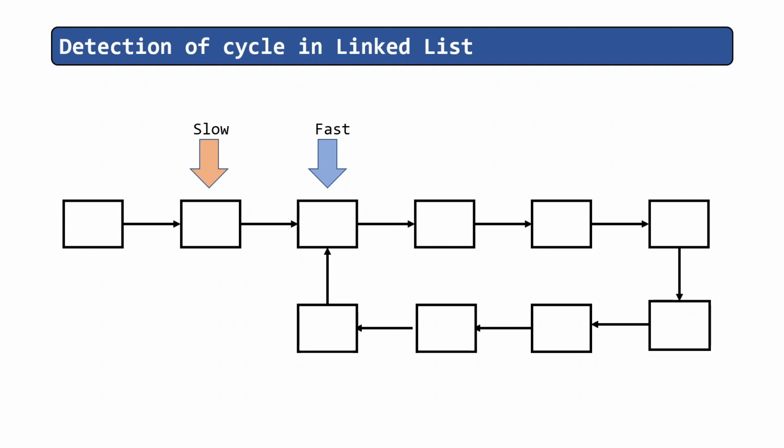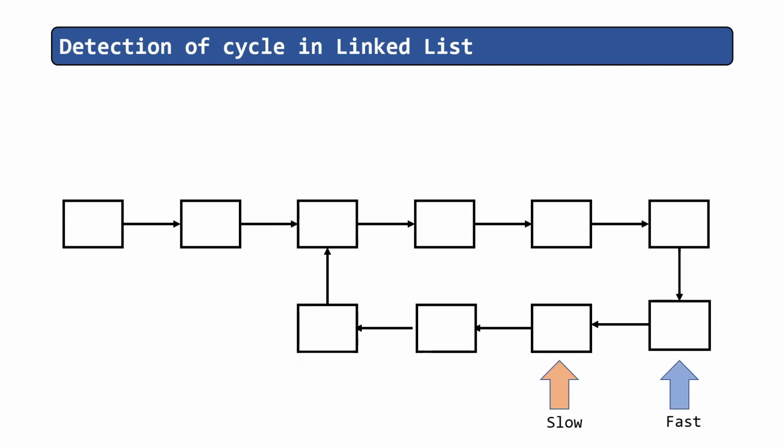And how can we detect the loop from these two pointers? We continue to iterate the slow pointer and fast pointer until either of them becomes null. And in any case, if the slow and fast pointers become equal, then the loop is present in the linked list. So in this particular case, let's check whether they become equal or not. In another iteration, it will go here, the fast pointer jumps one node and then jumps another node, then another, then another.